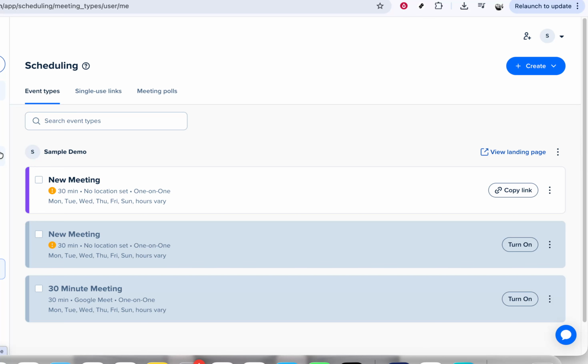Once you've selected the duration you want, scroll down and click on Create or Save at the bottom of the page. That final click confirms your settings